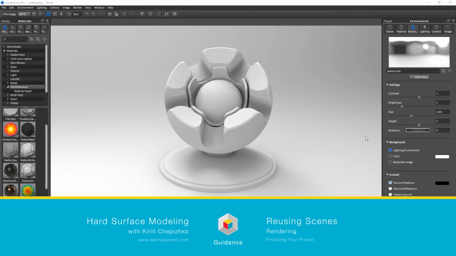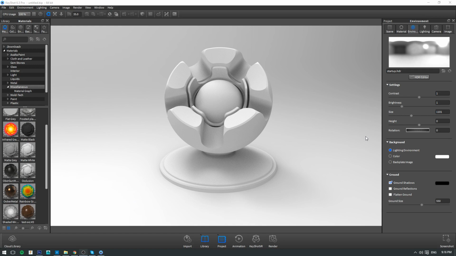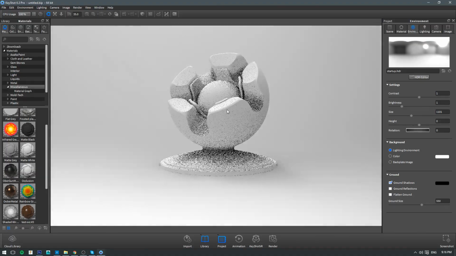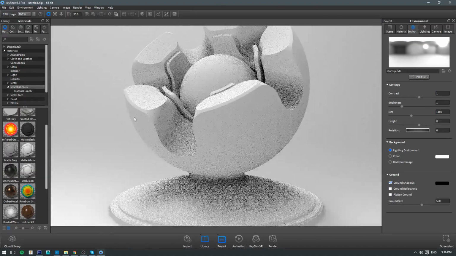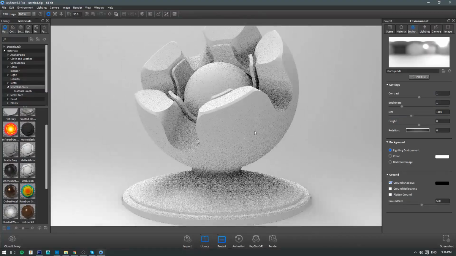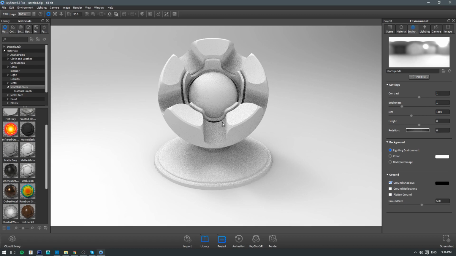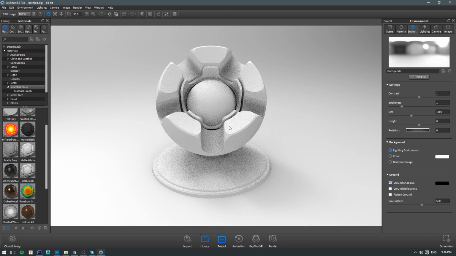Here you go. I built this shader tester ball, as I call it. Kind of looks like the one from V-Ray. So basically, it has enough occlusion and details, sharp edges, soft edges, and transitions to see how materials look. So, for example, if we go to the material library and select glass,